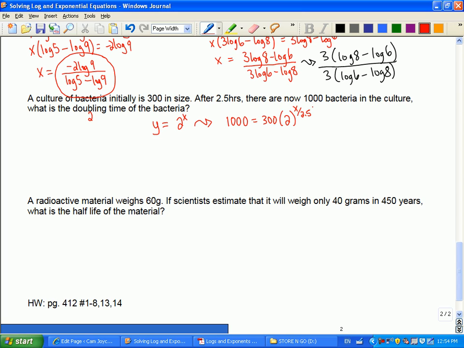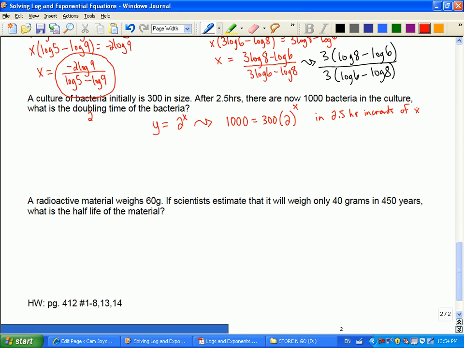Every 2.5 hours. Or sorry, my apologies. I've skipped a step here that we need to talk about. If I was to do this, that's correct, but that would happen in, we talked about this before, I'm not sure why I decided to skip it here, but in 2.5 hour increments